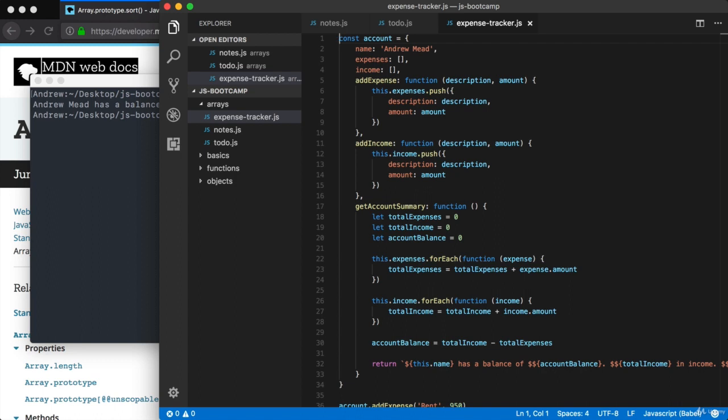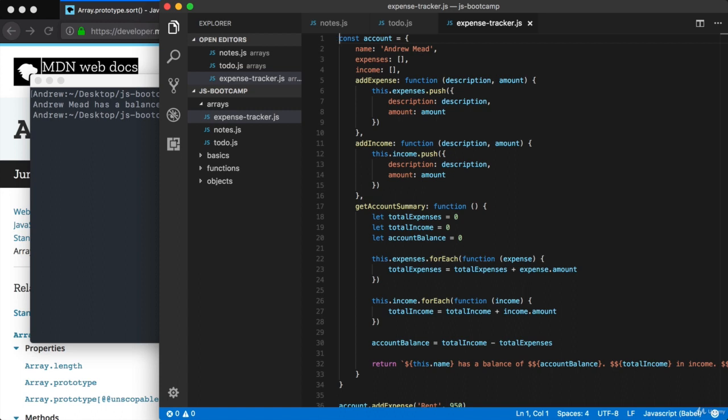In this section, we learned a bunch about arrays and how they're going to allow us to model real-world pieces of information, like a list of expenses or an array of notes. Now, this was also the hardest section in the course. So if you're feeling a little discouraged about the speed of this section, I promise that not only are we